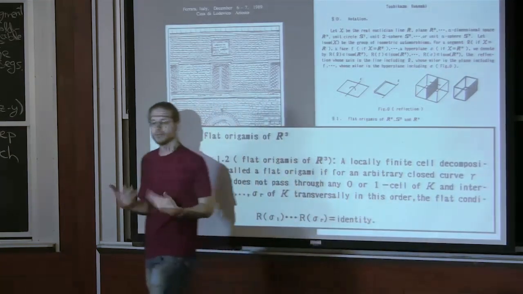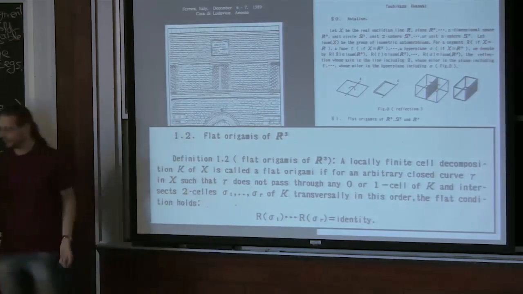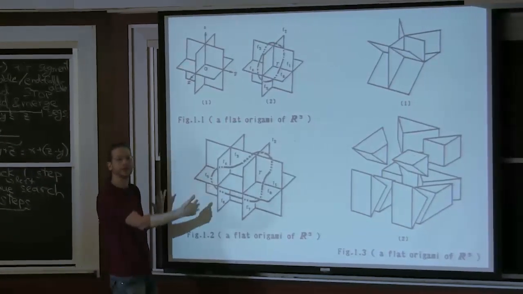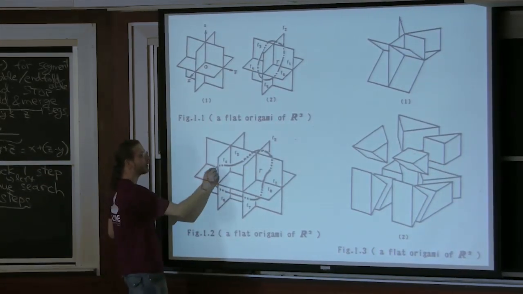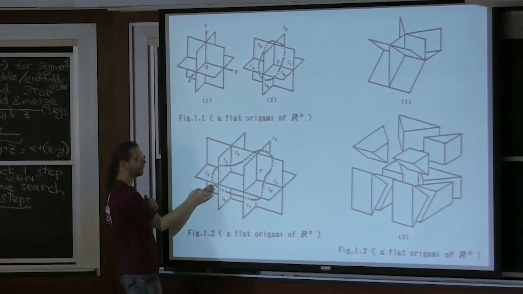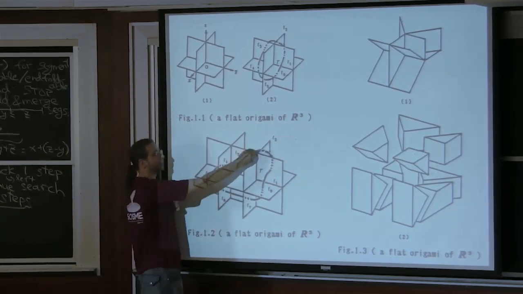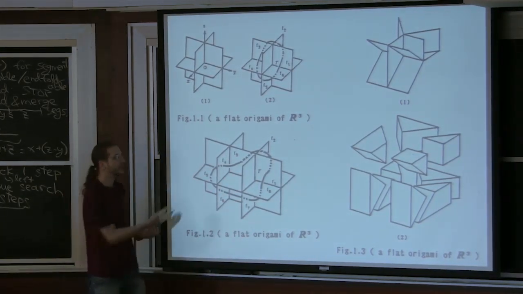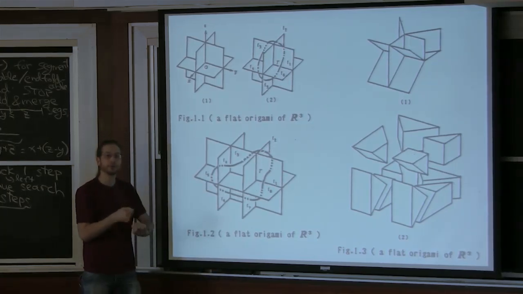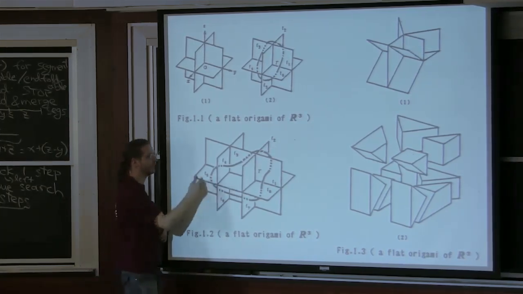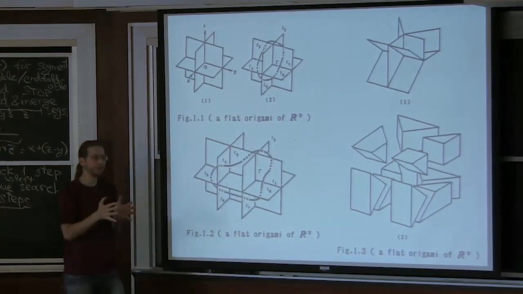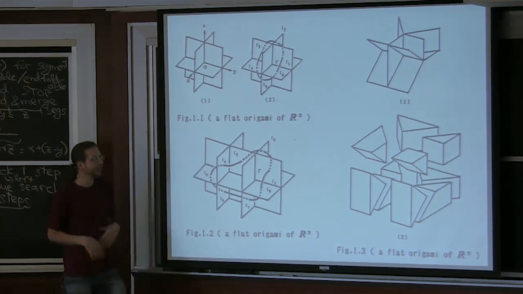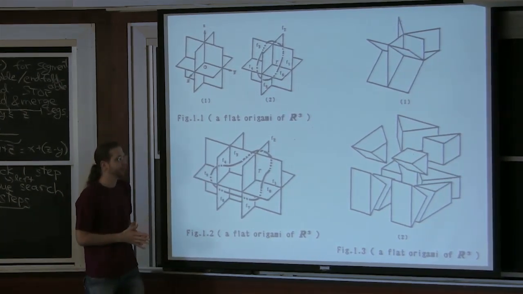And so one condition you have is that, it's easier to look at one of the examples in the paper. So you have this crease pattern, which you can draw by a bunch of planes, let's say. If you walk around and say, okay, I go through this crease, which means I reflect through that plane, then I reflect through this plane, this plane, this plane. You can take any sort of path, any cycle through this world. In the end, I should end up back where I started. Otherwise, I'm ripping. And what that condition says is that if you take the sequence of reflections and compose them, you end up with no reflection at all, that nothing moved. And so that's a necessary condition for flat foldability. I wouldn't call it a definition, although this paper did.